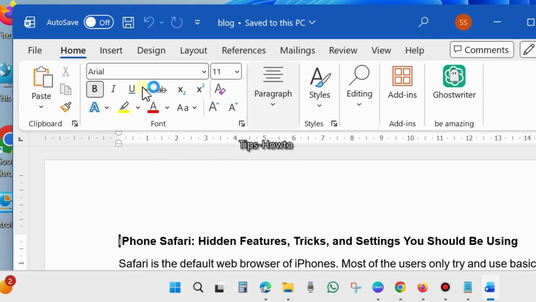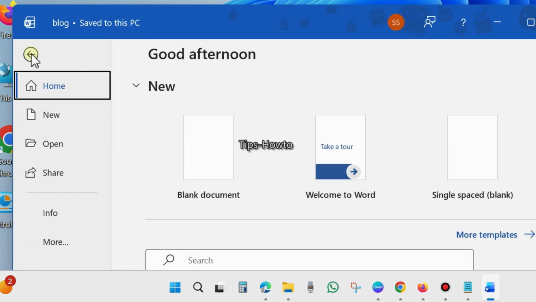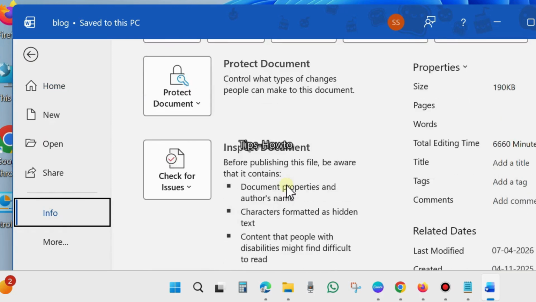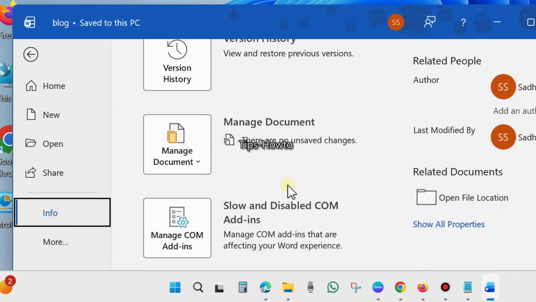Here from the top left corner, click on File and choose Info. Click on Info. Thereafter go to the right side and here you will find the option Manage Documents. Click on the small arrow and choose Recover